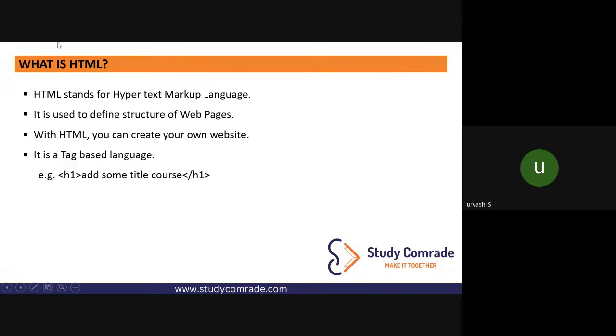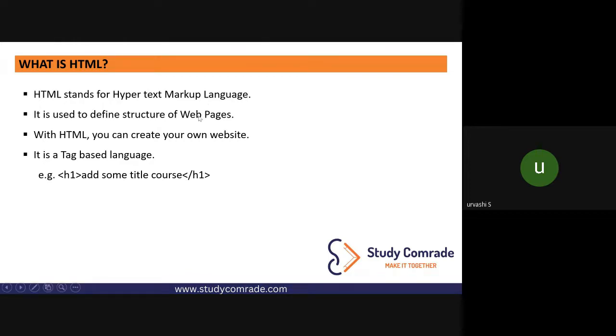All right. So now, out of these three technologies of front end, I am picking HTML. And by the end of this course, you guys will be able to create the UI of a website. So we are picking HTML for now. So your HTML stands for Hypertext Markup Language. Now, what is markup language?